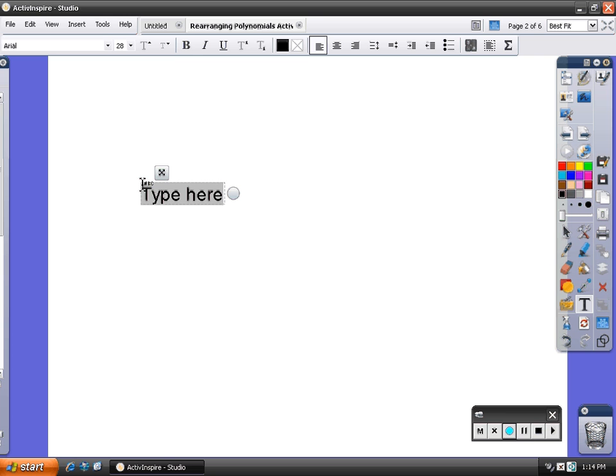I actually want my size to be a little bit bigger there for my font, so I'm just going to come up to here. You can see that the font is Arial and the size is 28. I'm going to just increase that to 36. There we go. And all I have to do is type in a polynomial. So let's go 9x. I'm going to want this term to be squared. So I'm just going to come over to this button here, and this allows me to superscript. So there's squared. I'm going to click on that again so that my next won't be superscripted. Okay, so there's 9x squared plus 4x